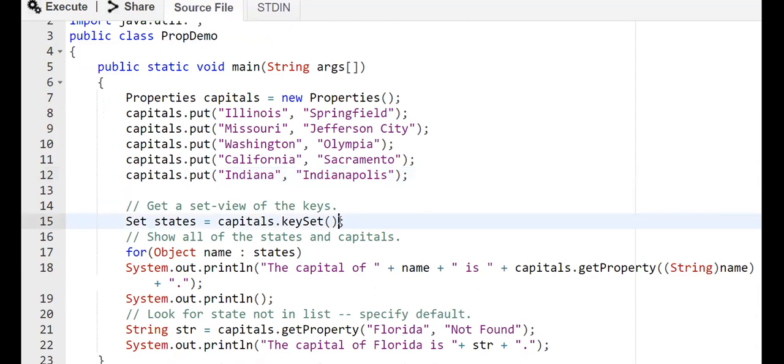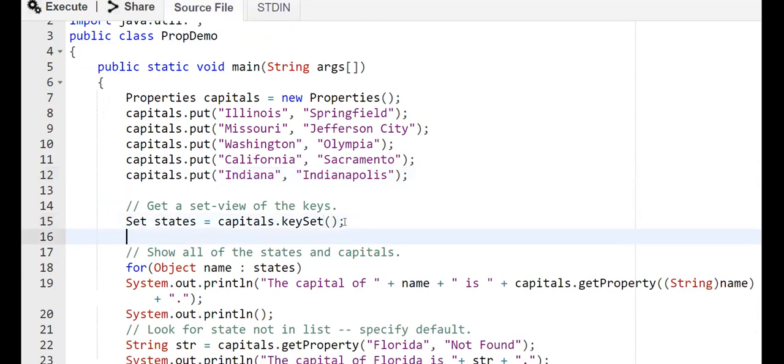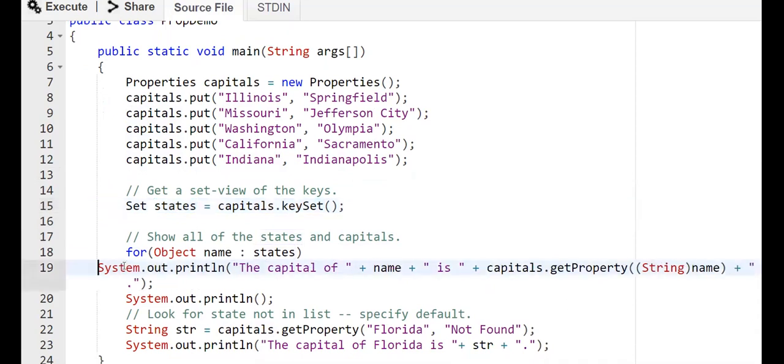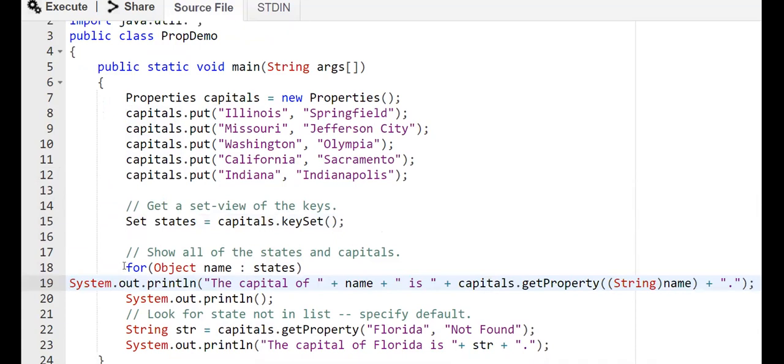Now, if we want to select only keys, then we can say capitals.keySet. So all the states will be returned. Now, for each of them, we can iterate and obtain the state names.